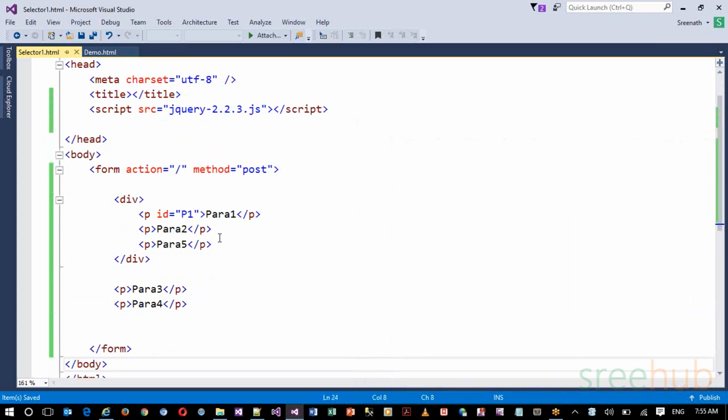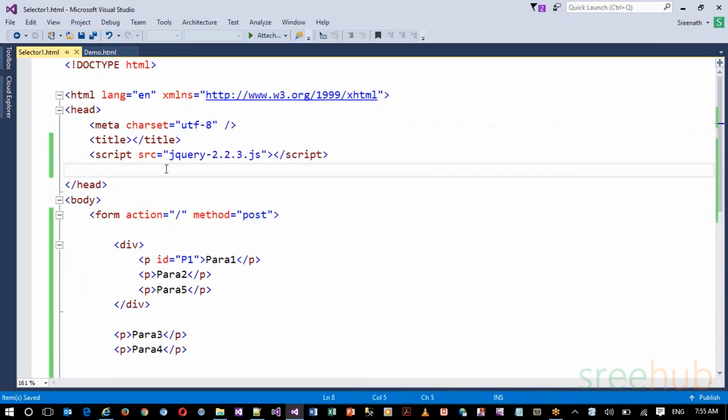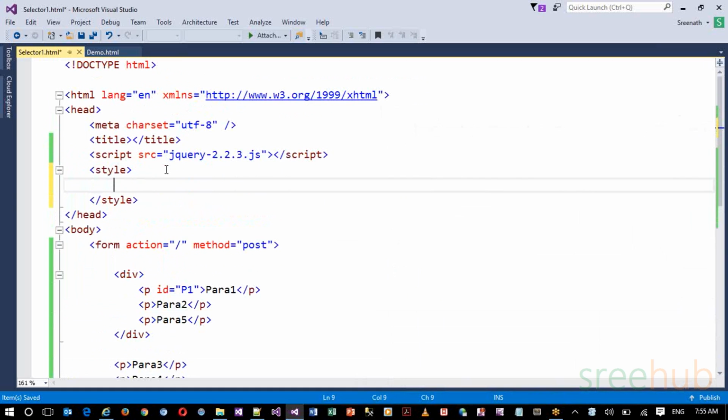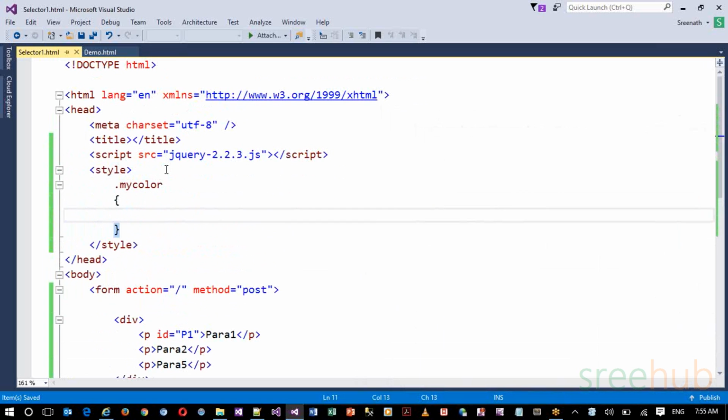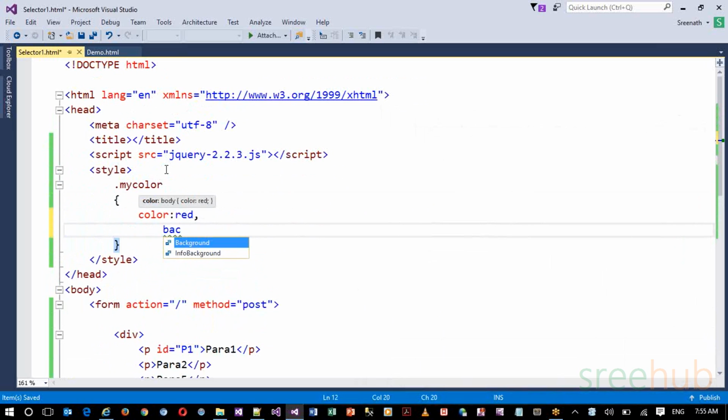So now what we want to do, let's assign some style for some tags here. I hope this is something where you can define CSS directly in my web page. So style, I'll say dot, I want to define my color class, my color. And here let's say I'm going to take color as red, and background